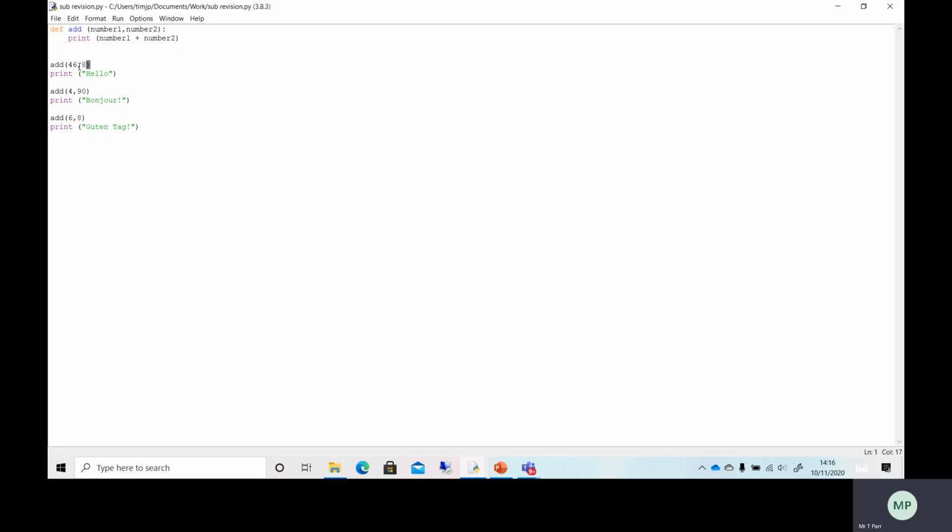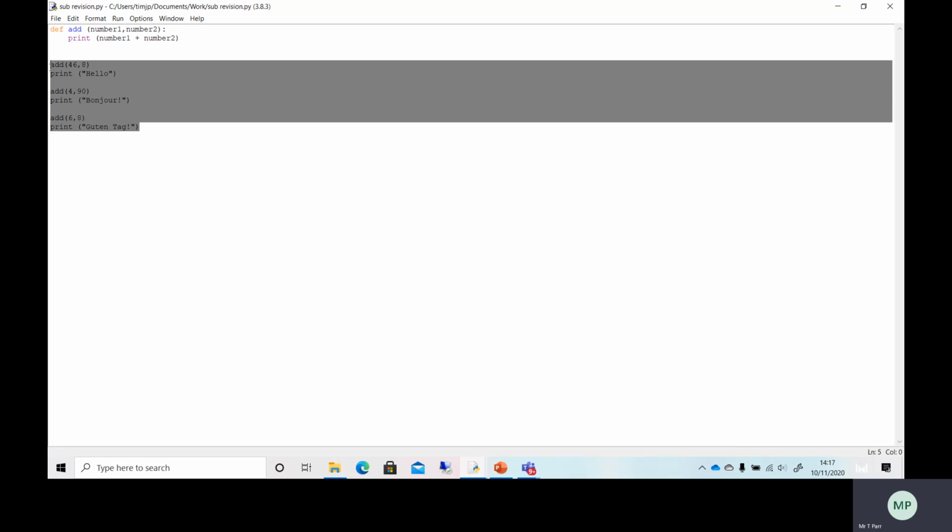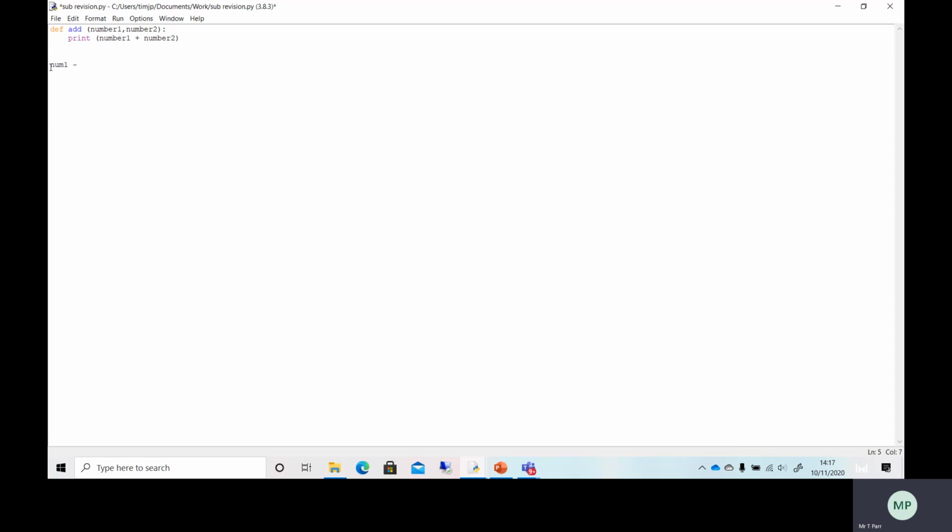When you call the procedure, in other words, when you run it, the actual data you put into the brackets, what you want to pass into the procedure, are called arguments. Here we've used three different versions, 46, 48, but also these could be variables. So we could have num1 equals int,